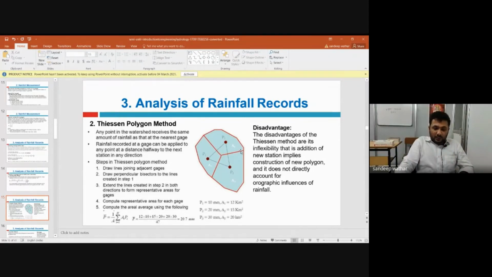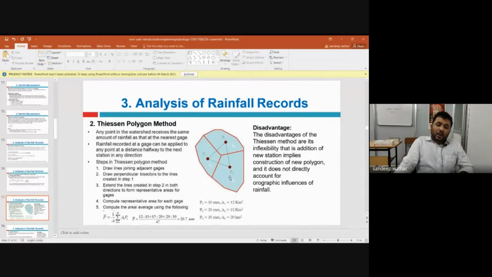Now see here, this is the line which is drawn perpendicular to this line, this is the line which is drawn perpendicular to this line, and this is the line which is drawn perpendicular to this line. They are intersecting at this point. Okay, now these two lines are bounding this triangle, these two lines are bounding this triangle, and these two lines are bounding this rain gauge station.